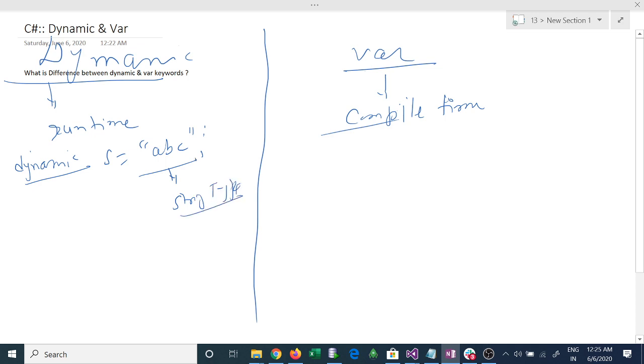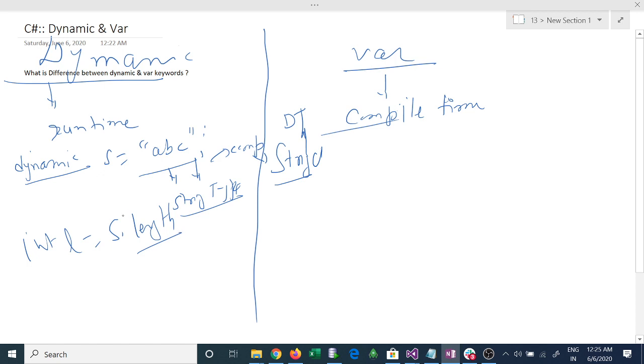What is the data type of abc? The compiler will understand this is a string value and of string class. So if I write int l equal to s dot length, when you go and check the length property of this data type string, we will not get a definition for this. Once you write the code, I will show you. This length property will not come up because